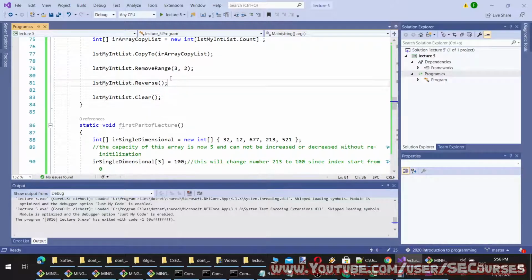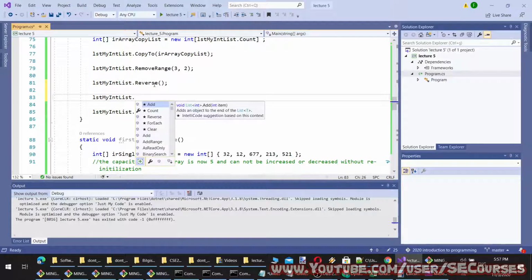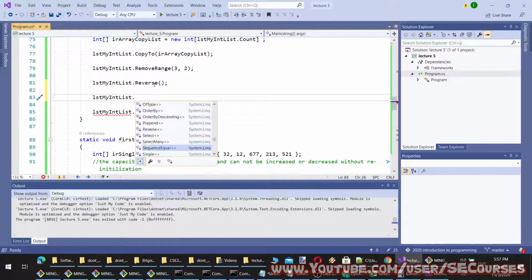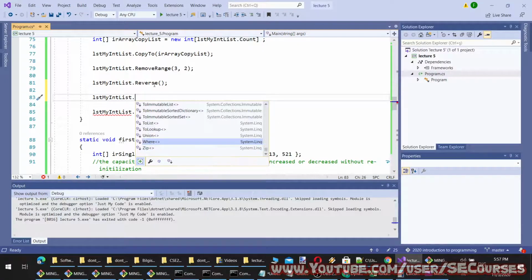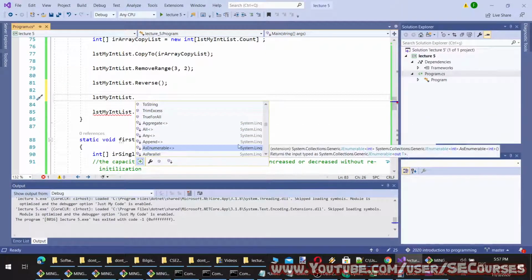Then what else can we use? There are many methods that can be combined with LINQ, which we will see in the future. You see, these are all LINQ methods.